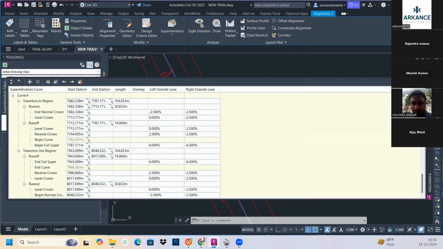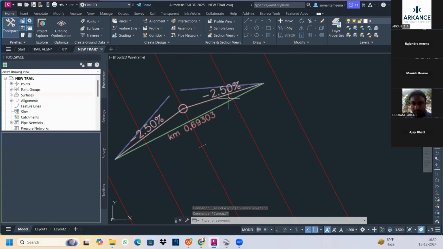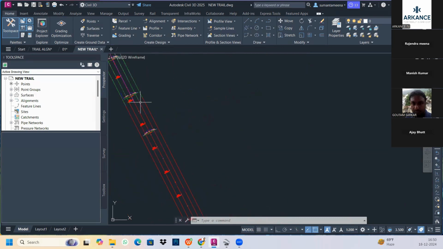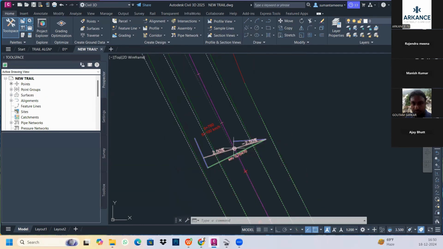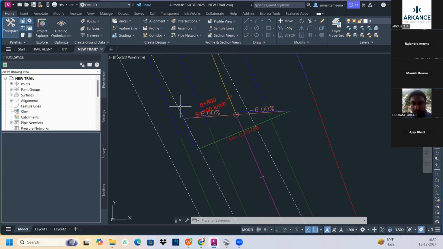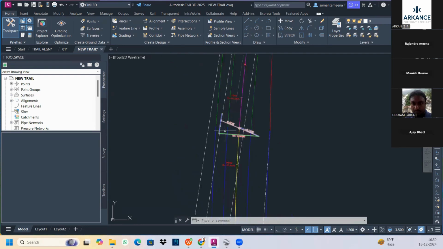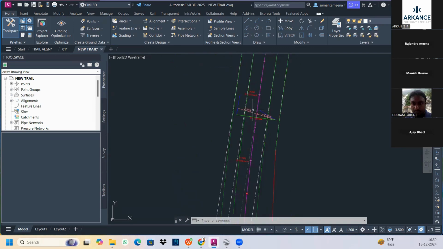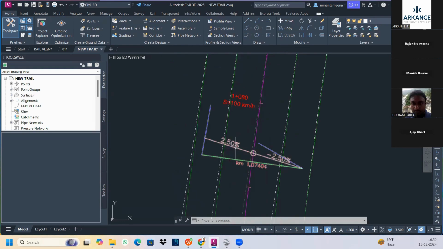ठीक है। अब मैं चेक करूंगा क्रिटिकल पॉइंट्स को अगेन। तो देखिए यहाँ पे दोनों साइड में सेंटर लाइन से इधर -2.5 और इस साइड का माइनस का 2.5। और ये आपका जो फुल सुपर एलिवेशन स्टार्ट होगा, मतलब आपका यहाँ से 2.5 से 2.5 जाके ये यहाँ पे पॉइंट है जहाँ पे आपका फुल सुपर एलिवेशन स्टार्ट होता है कर्व पे। राइट, -6% से लेकर +6% तक। राइट, और आपका ये फुल सुपर एलिवेशन एंड यहाँ पे हो जाएगा। देन इट विल गो टू द नॉर्मल एट दिस लोकेशन। ये आपका रिवर्स वाला है।